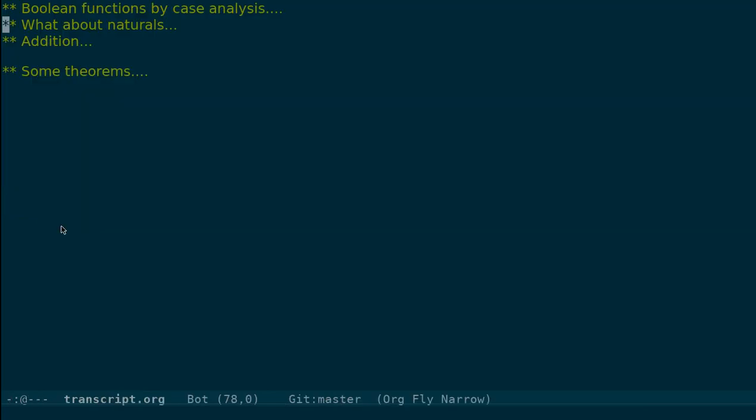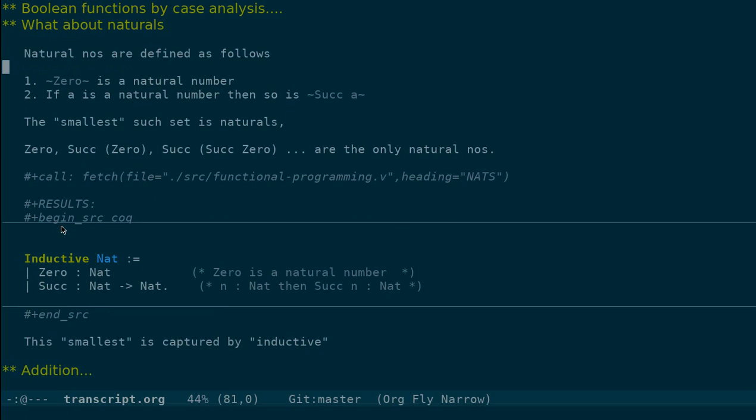We saw that booleans were defined by enumerating the possible boolean values. Of course, this will not work with a type like natural numbers because natural numbers are infinite. So how do we handle this? In mathematics, you might have seen a recursive definition of natural numbers. You define by saying that natural numbers consist of 0, okay, and if A is a natural number, then so is the successor of A, okay, which we denote by suc of A.